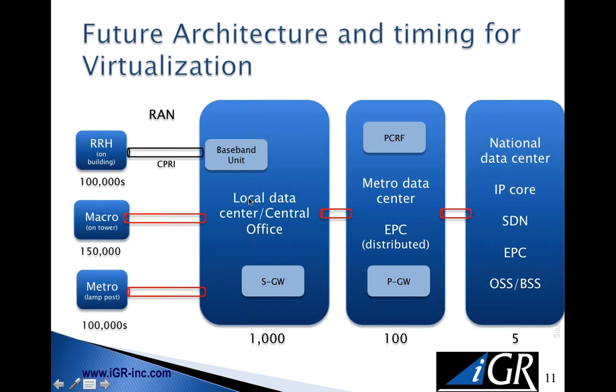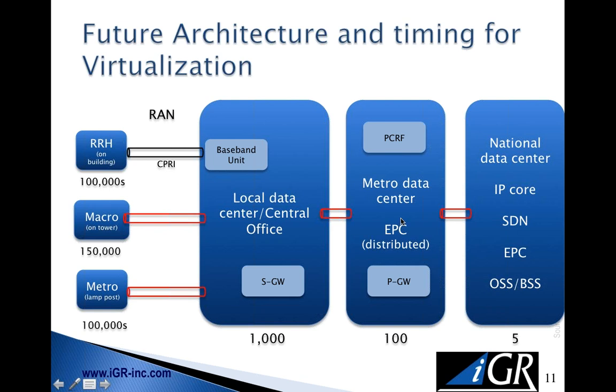These all connect back into the baseband units, which is the other half of the base station, and there's the serving gateway there. This will be in a local data center, or what we used to call a central office. There are distance limitations on how far the radio can be from that data center. We'll typically have thousands of these in a network. If you think of the traditional central office, there's one per neighborhood, one per small town type thing. And that's what we're looking at here. A lot of old central offices are actually getting repurposed for this purpose.